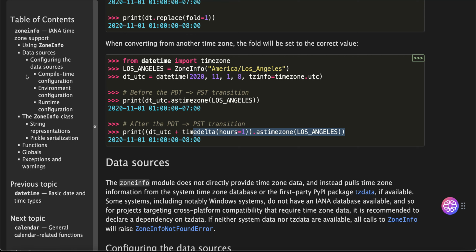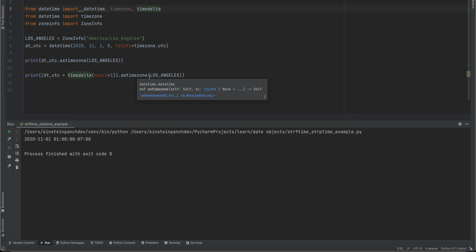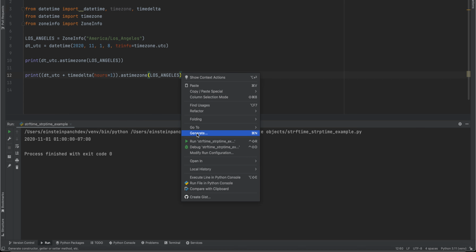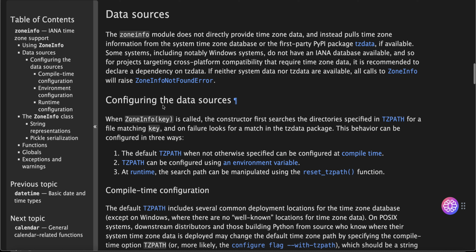Okay, dt.timedelta, also import timedelta. dt_utc plus timedelta(hours=1). Okay, print dot astimezone(los_angeles). -8. Data sources. The zoneinfo module does not directly provide time zone data and instead pulls time zone information